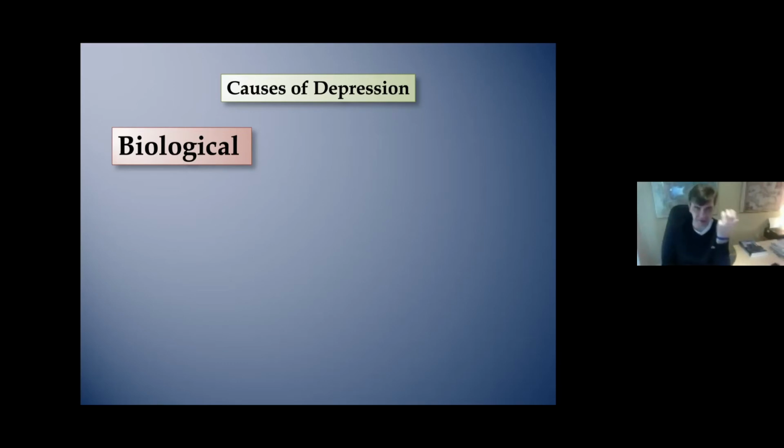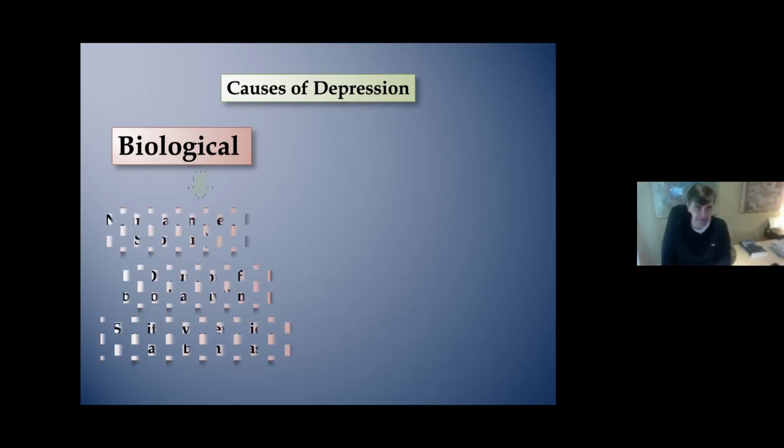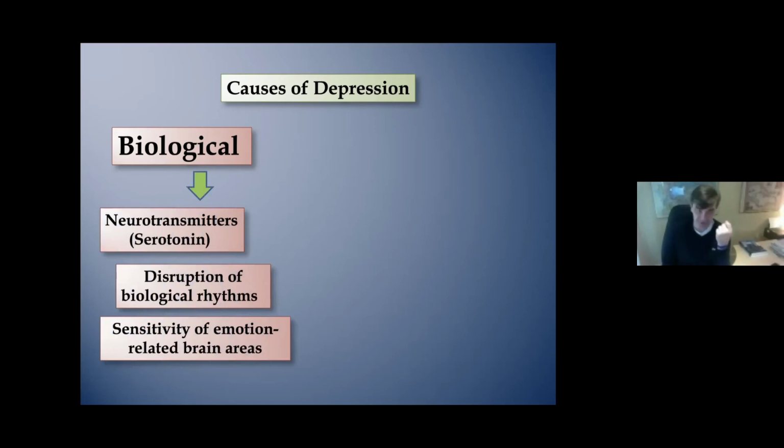Something in the brain and nervous system must be taking place to cause symptoms of depression. We understand, right? Something must be taking place. And we can refer to neurotransmitters like serotonin, and the functioning of transmitters in the brain. Some neuroscientists point out disruption of biological rhythms in the body, so the brain begins to act in a way that's